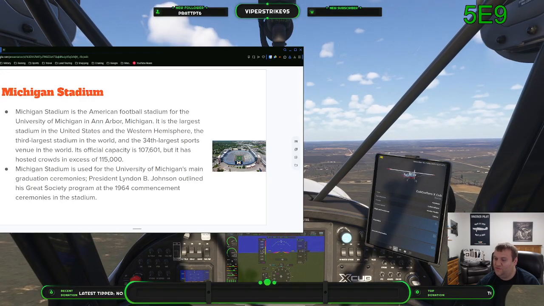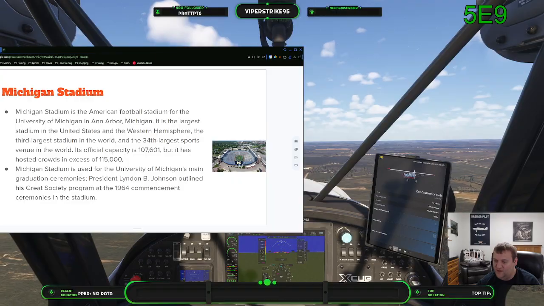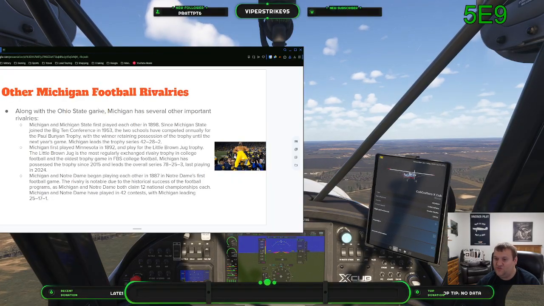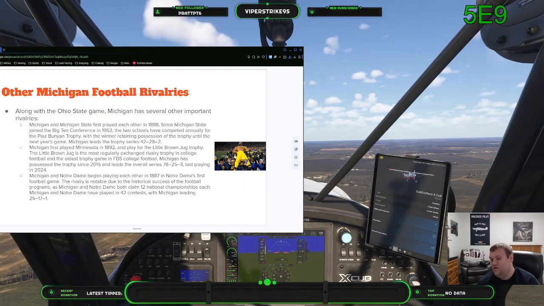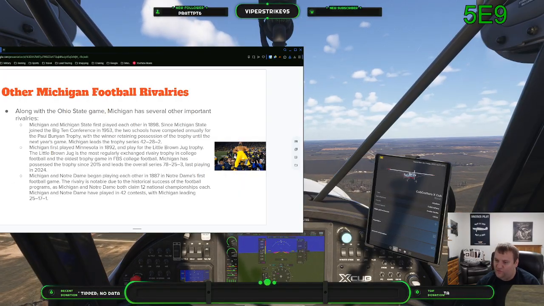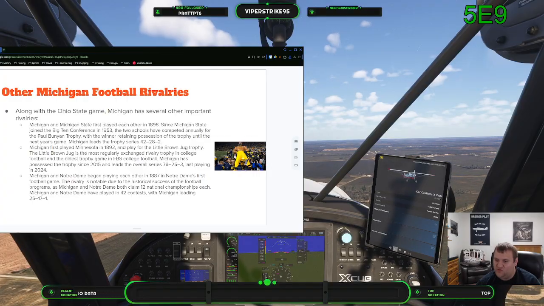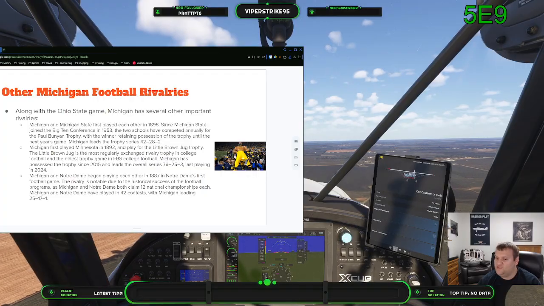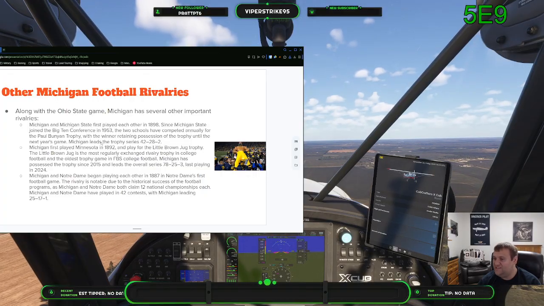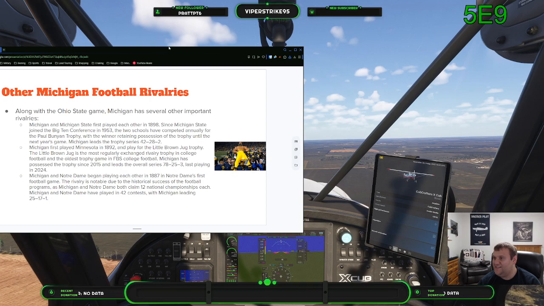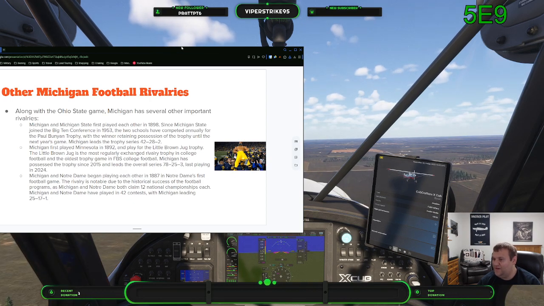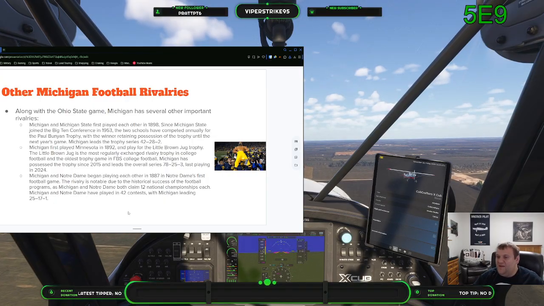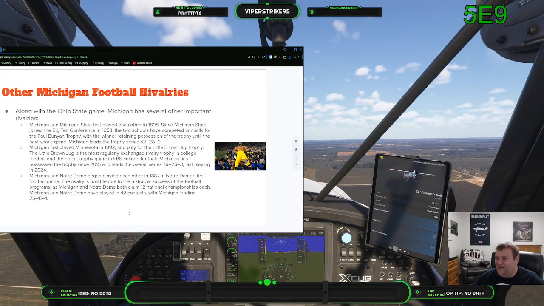It's a massive stadium. Of course, next thing about Michigan is its other rivalries. A program as historic as Michigan's is going to have other rivalries too. Ohio State isn't the only rivalry. The first of the major notable Michigan rivalries we're going to cover is, of course, its state rivalry with Michigan State, dating back all the way to 1898. However, it's been a conference game since 1953. And they've met every year since 1945.